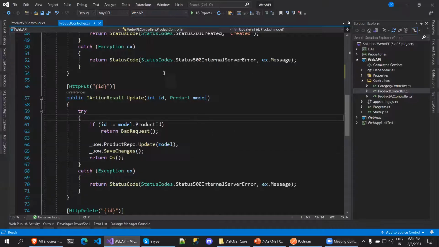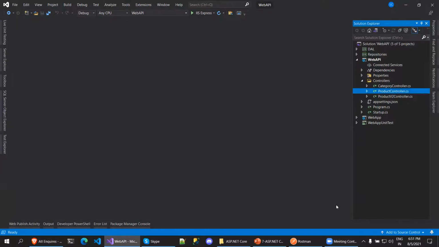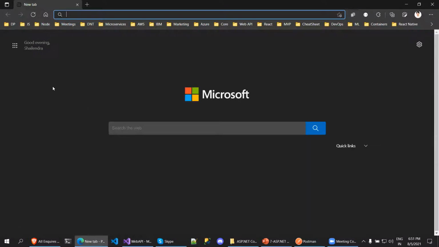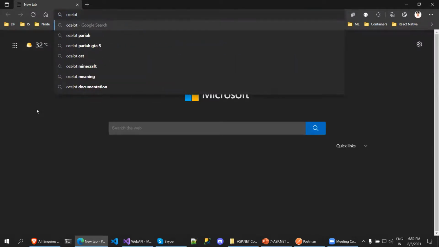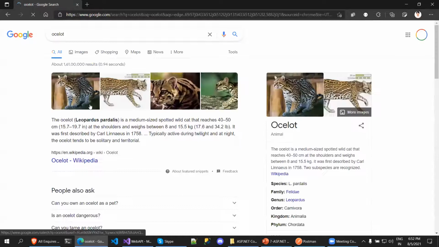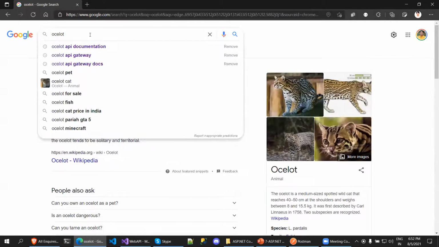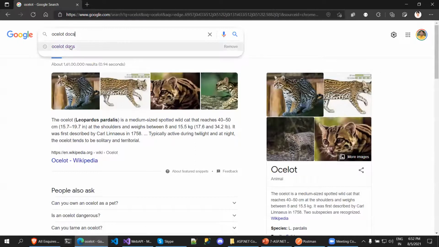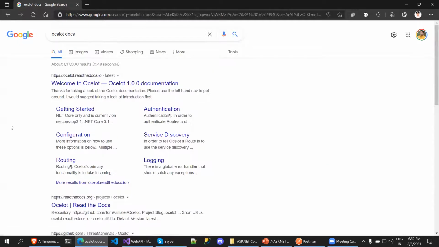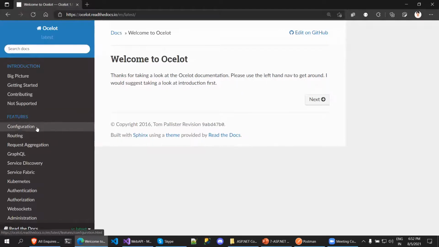So good to go ahead now. Okay, now the thing is, someone asked me how we can use the API gateway. If you're willing to use an API gateway here in .NET, the most popular one is Ocelot. So we have the Ocelot API gateway that you can use